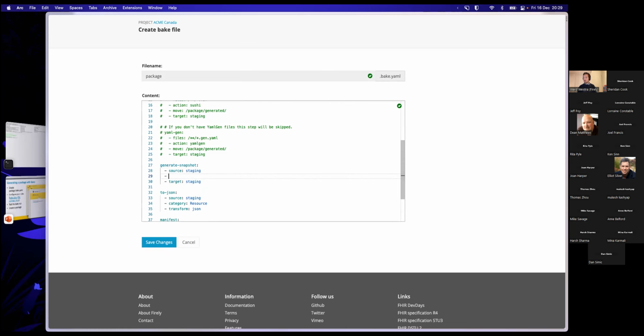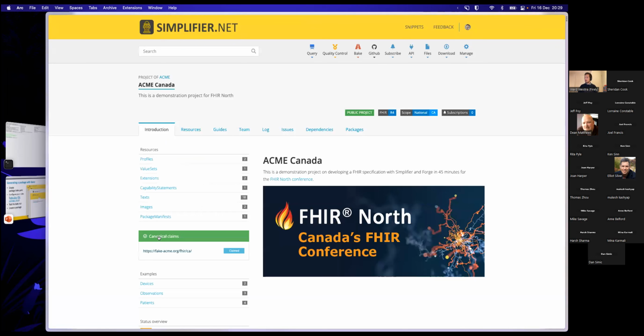And we only need to calculate snapshots for our profiles or structure definitions. So I think I can just say category profiles. I might need to check that against the docs, but I'm going to say action. What do we want to do with it? Is generate snapshots. Snapshot. I think this is correct, but let's test this later. So I'm going to save that package.bake file. And now when we hit the bake button here,